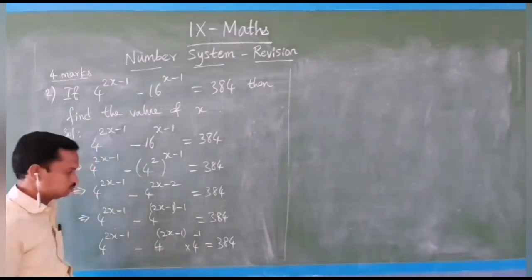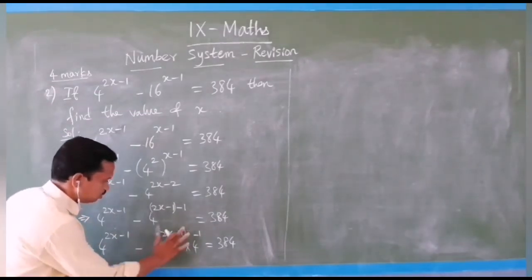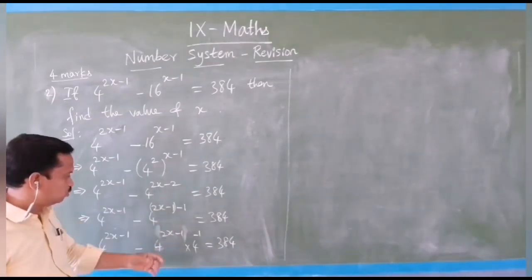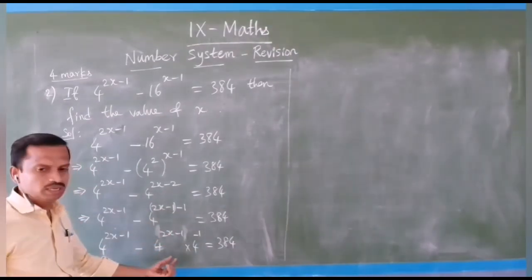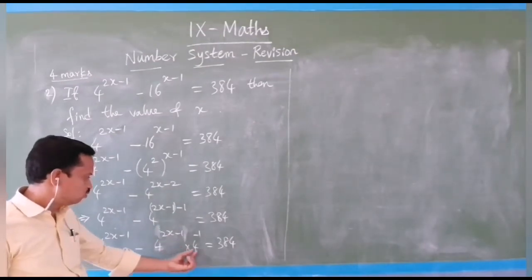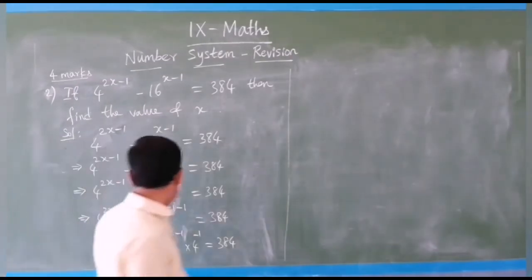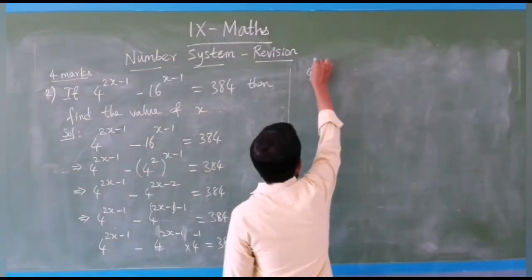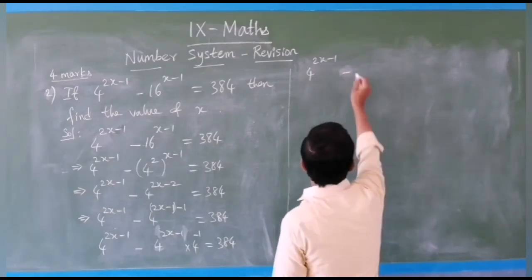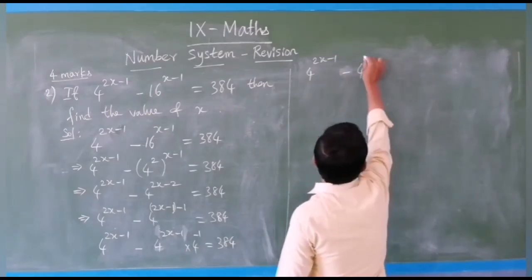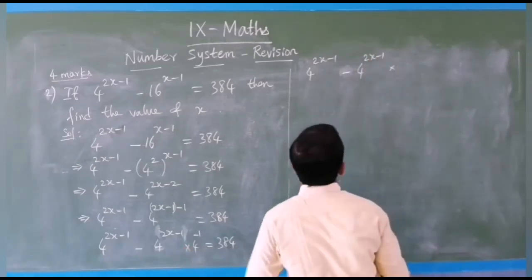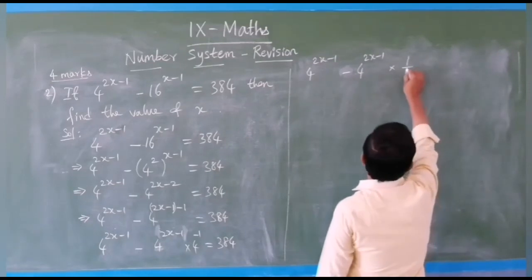So as it is, okay. So don't confuse. See here, minus 2 I split it as minus 1 minus 1 and I am separating by using that product law for the same base, 4 power 2x minus 1 into 4 power minus 1. And you see here, next step, 4 power 2x minus 1 minus 4 power 2x minus 1, we get 4 power minus 1 as nothing but 1 by 4.